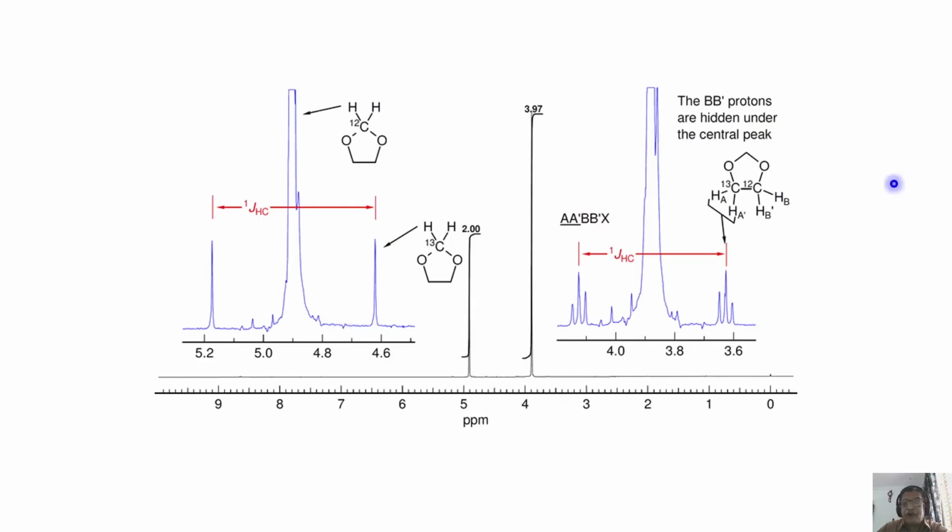Now, if you come to this part, if I break the symmetry by taking one of them into the carbon-13 state, and the other in the carbon-12 state, now you have broken the symmetry. Otherwise it would have been A2, B2, they are close in frequency. Now, because symmetry is broken, it is AA prime, BB prime and X. What is X? X is carbon-13. This is what you are going to see. It is AA prime, BB prime, X now.